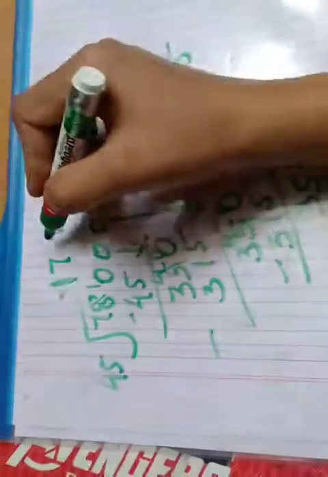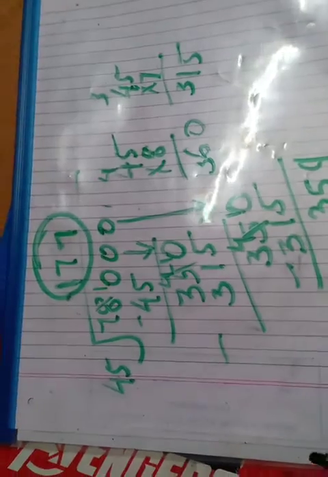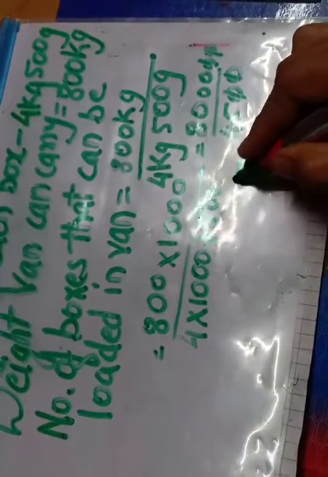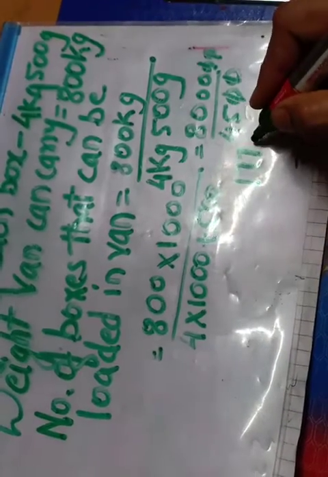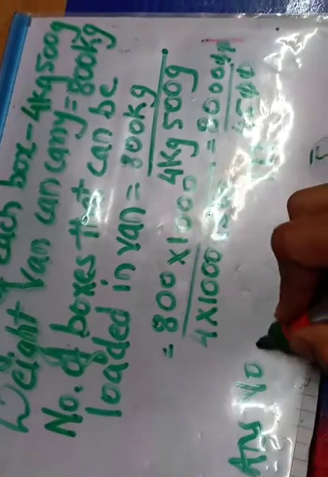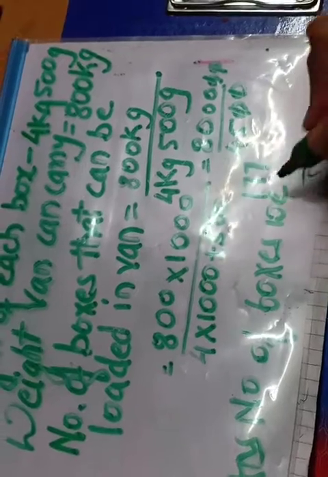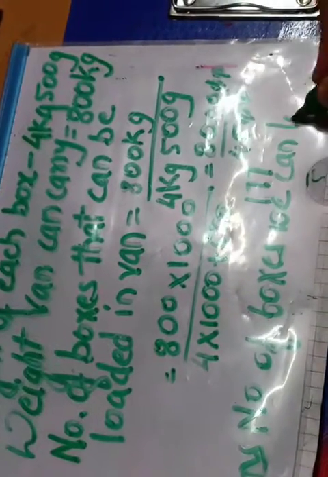So how many boxes we can load? We can load 177 boxes. So here is equals to 177. Okay. So number of boxes, final answer. Number of boxes we can load is